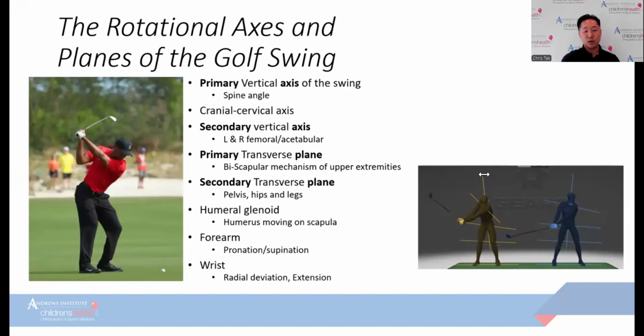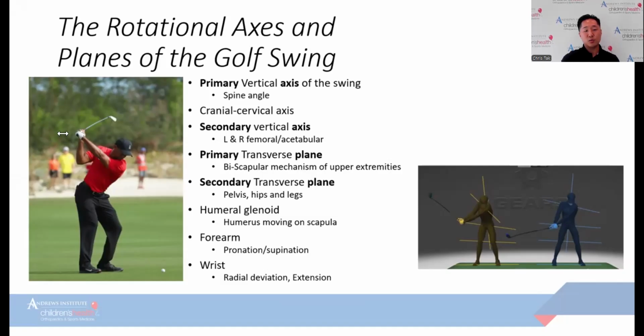As you can see in this model here, the line going straight down is going to be your primary vertical axis. And of course, you also have a cranial cervical axis, which is where your neck is at this point here. Then you have your secondary vertical axis, which will be the left and right femoral and acetabular axis lines. And then, of course, you have your primary transverse plane, the biscapular mechanism of the upper extremity, where